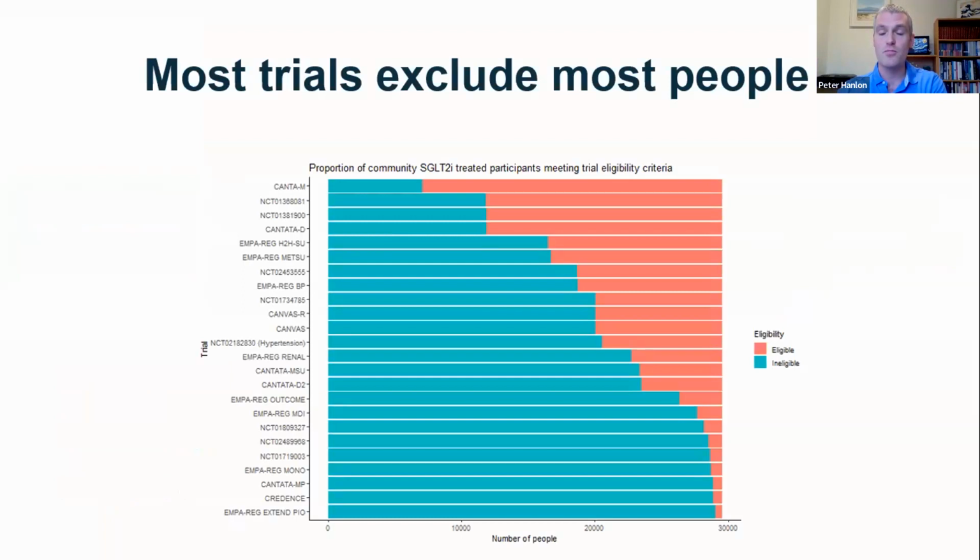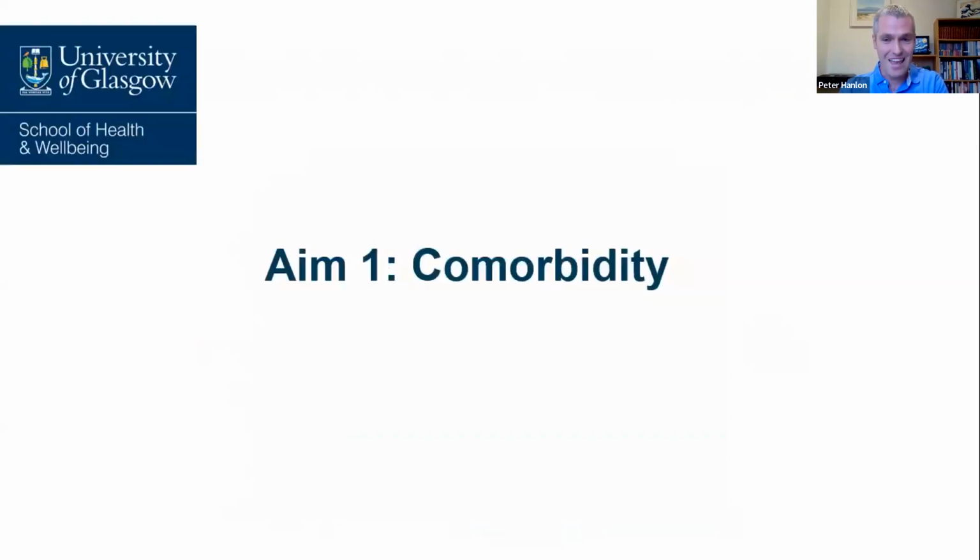The blue is the people who would have been ineligible for the trials, and many of the trials were really quite restrictive in their criteria, although few of these criteria were specifically about MLTC. Some of it had to do with blood sugar control, what other treatments you were on, that kind of thing. So the trials themselves are restrictive, although 89% of people in SAIL starting treatment would have been eligible for at least one of the trials. So across the evidence base, in theory at least, most people would have been eligible for something.